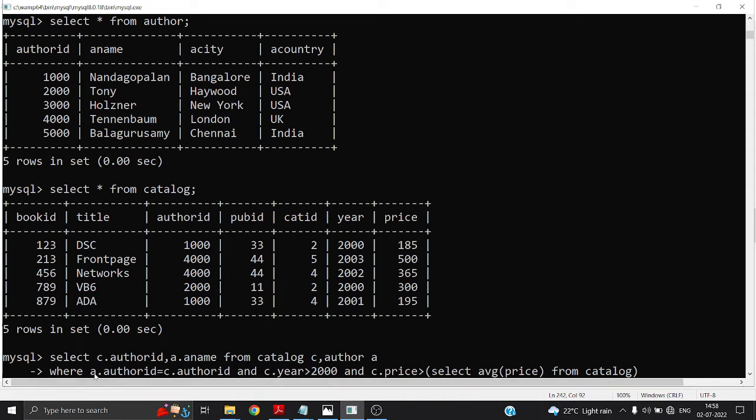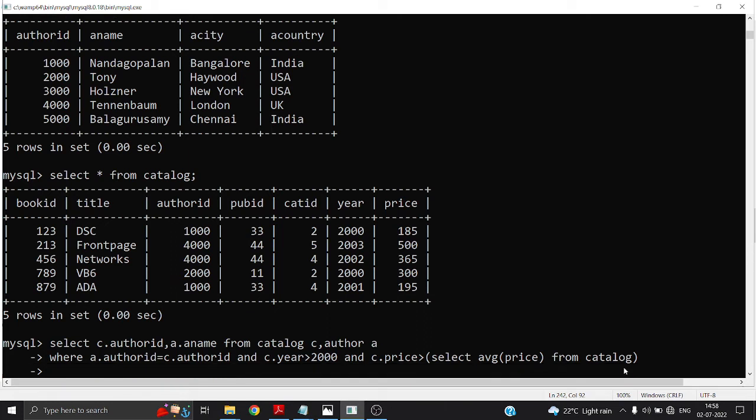That's why I'm taking the first condition as A dot author ID equal to C dot author ID, and next condition is year of publication should be greater than 2000. Yes, perfectly. And next condition is C dot price, that means the textbook price should be greater than average price of the books. Then that condition is satisfied. Next,